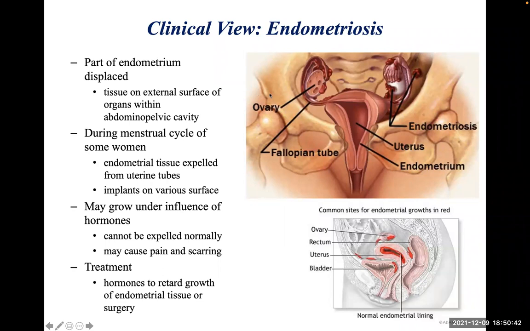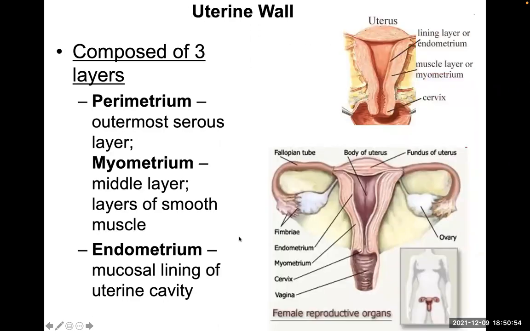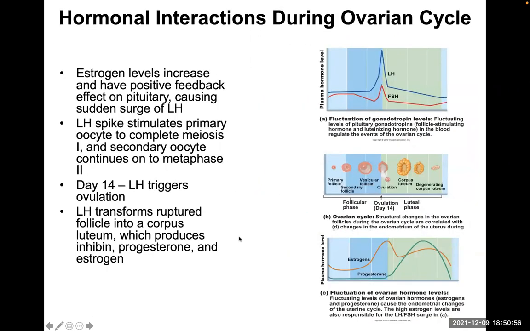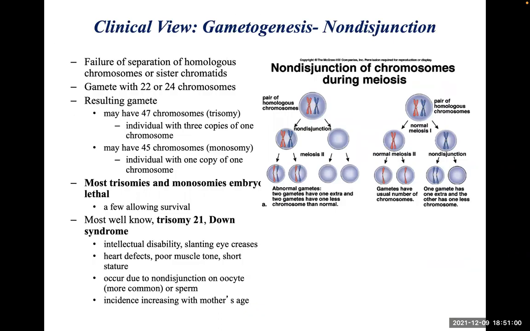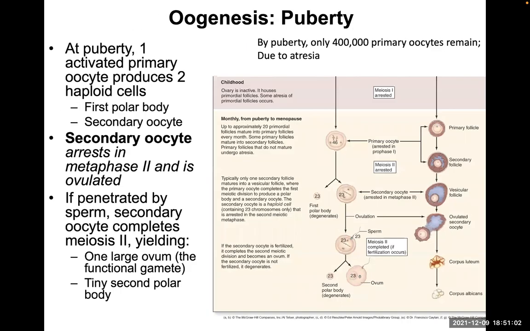Women have periods and others don't. Okay. So arrested just means, another word for arrested would be halt. So let me go back. Hold on one moment. To this picture, right? Hold on, guys. This picture right here. So what it means to be arrested is that the oocyte just stops going through the